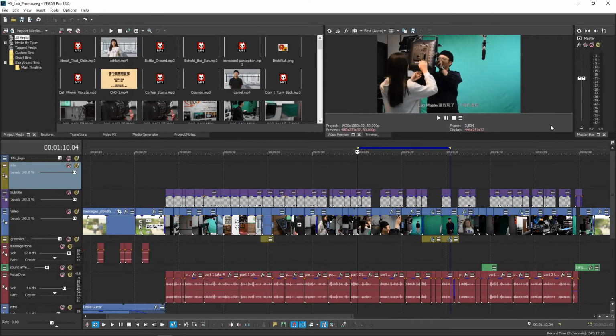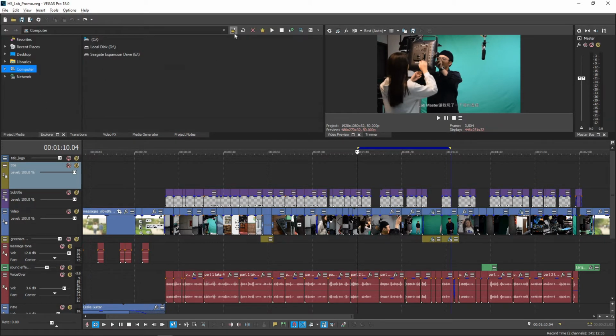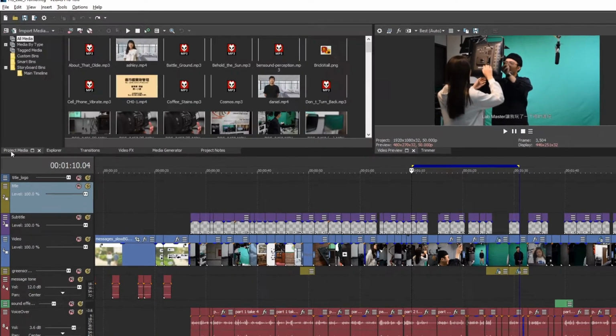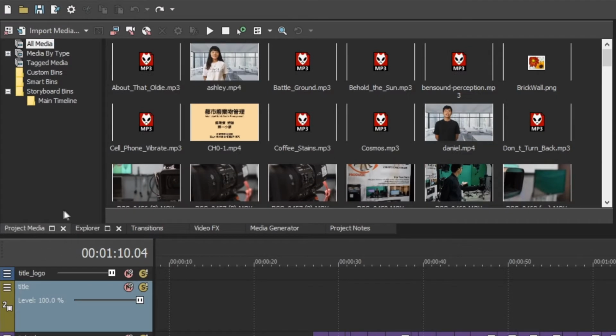Now let's look at the toolbar for these tabs. For the Explorer window, since there are so many tabs, each of them have their own set of toolbars. For example, here in the Project Media tab, you'll have a whole toolbar to help you import media into your project.